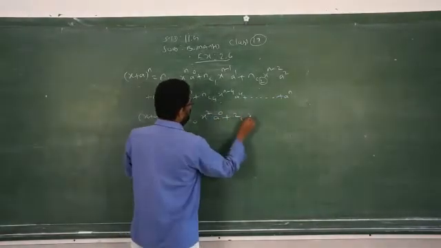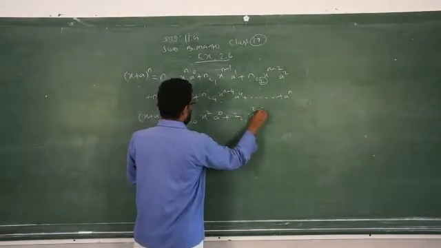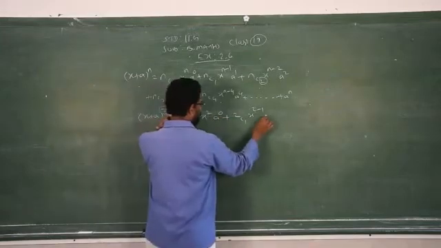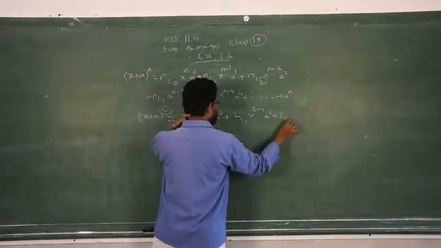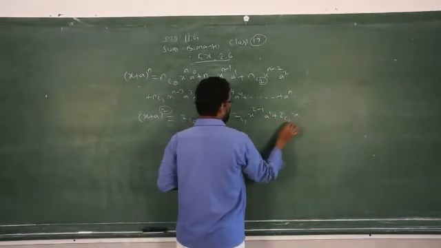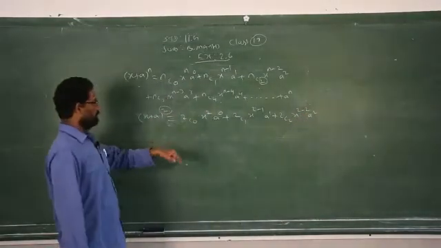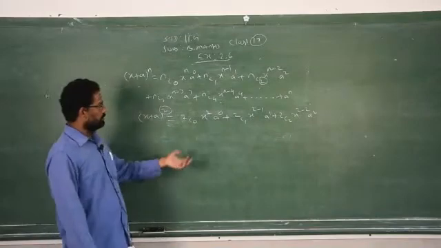2C1. You have to reduce 1 in the power. That is the rule, isn't it? You have to reduce 1 in the power when the suffix is 1. a power 1 plus 2C2, x power 2 minus 2, a square. So you cannot expand after, because what is the maximum power? 2. So 2C2.